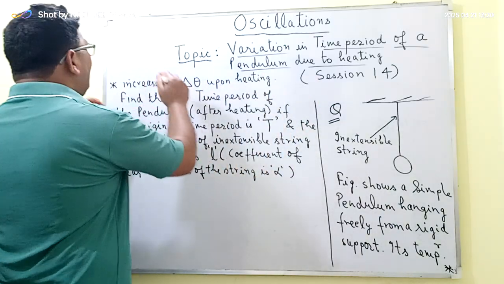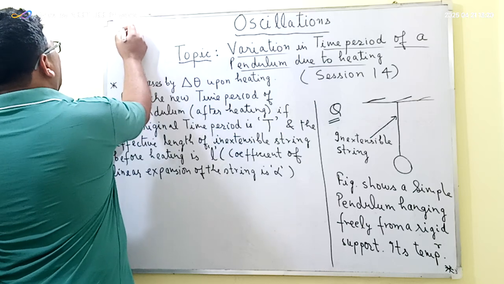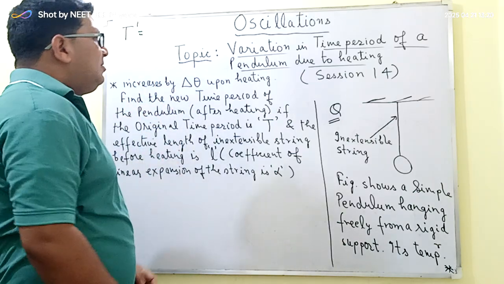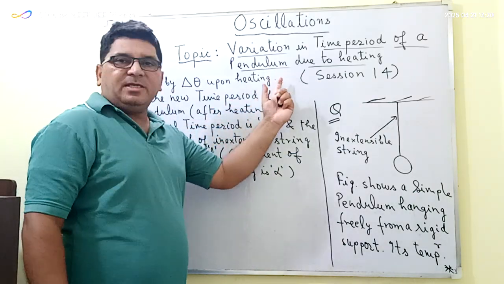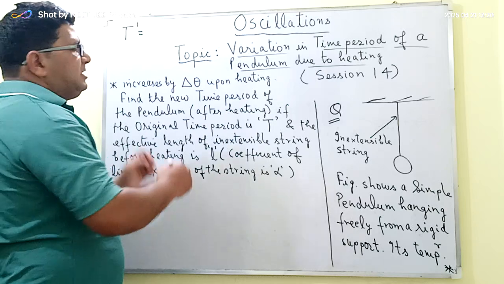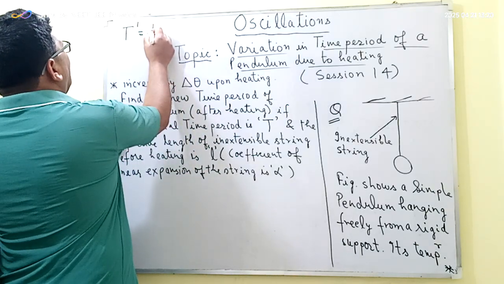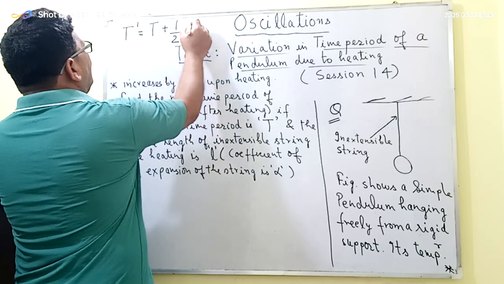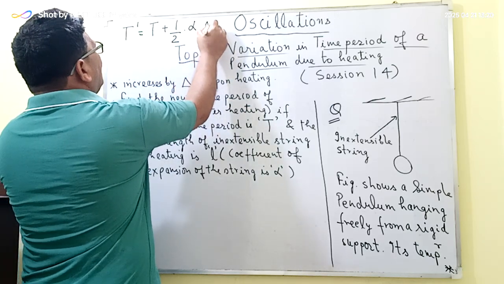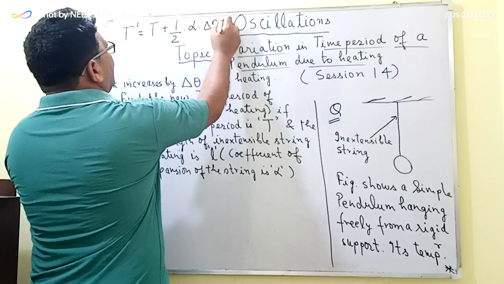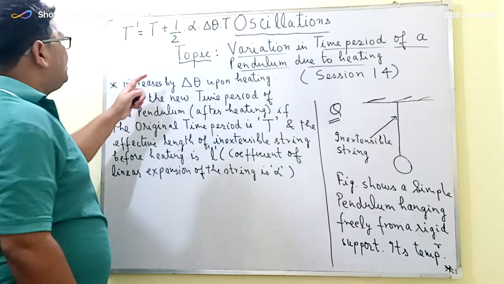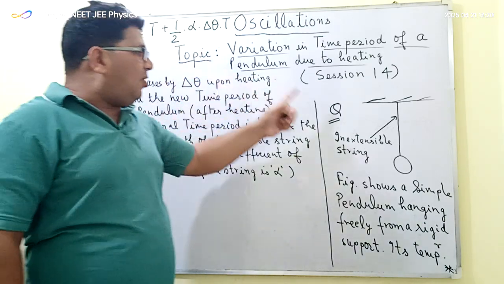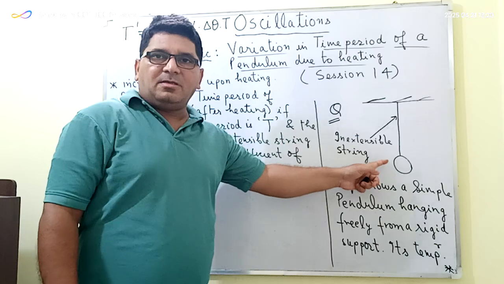In session number 12 we learned that the new time period, T dash, of the simple pendulum when its temperature is increased by delta theta is equal to T plus 1 by 2 into alpha into delta theta into T. Here alpha is the coefficient of linear expansion of the inextensible string of this simple